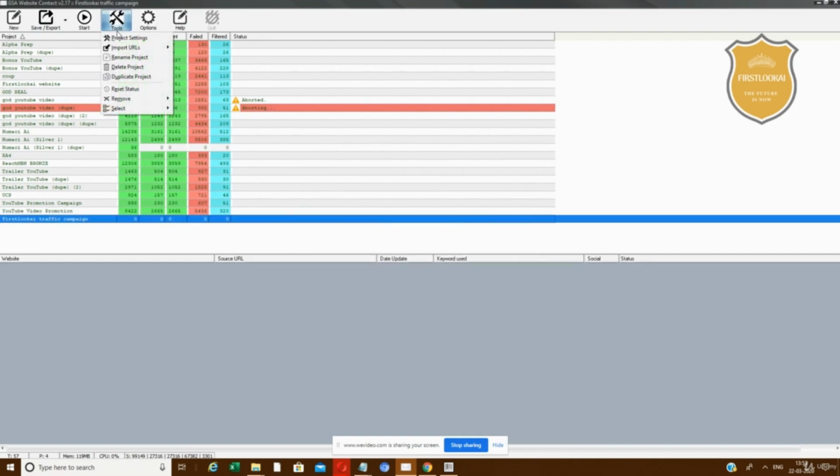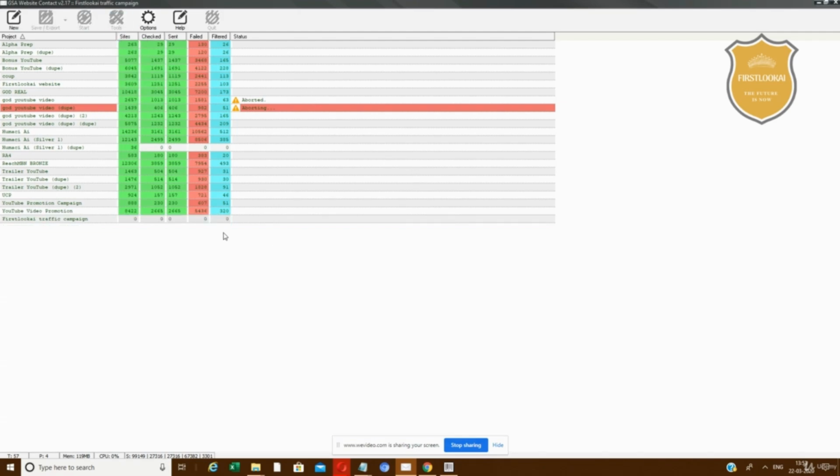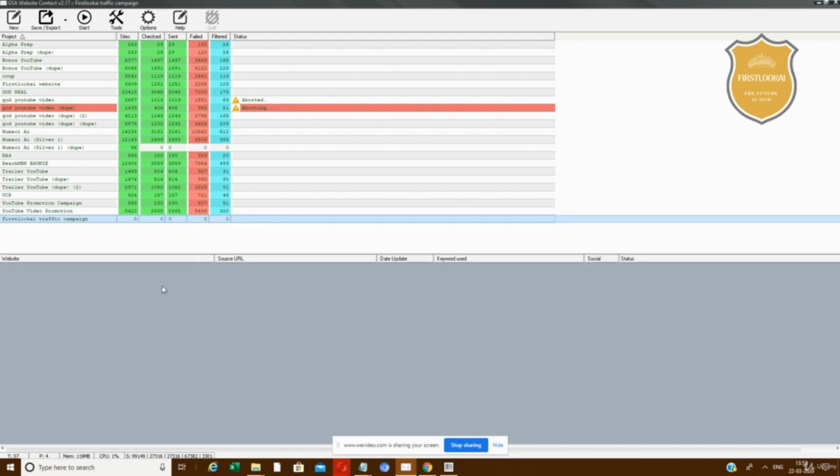Then tools. If you want, you can import URLs, in the sense of what all websites you want to send your message to. That's all. Then you can duplicate this, and when you duplicate it, what happens, Charanya? It'll copy the websites as well. Whatever websites you put here, it'll copy those. Pretty good. Let's get ready. We are all set to start this. And I think at the end of 5-10 minutes, we are going to show you a lot of clicks coming in. So click on start.